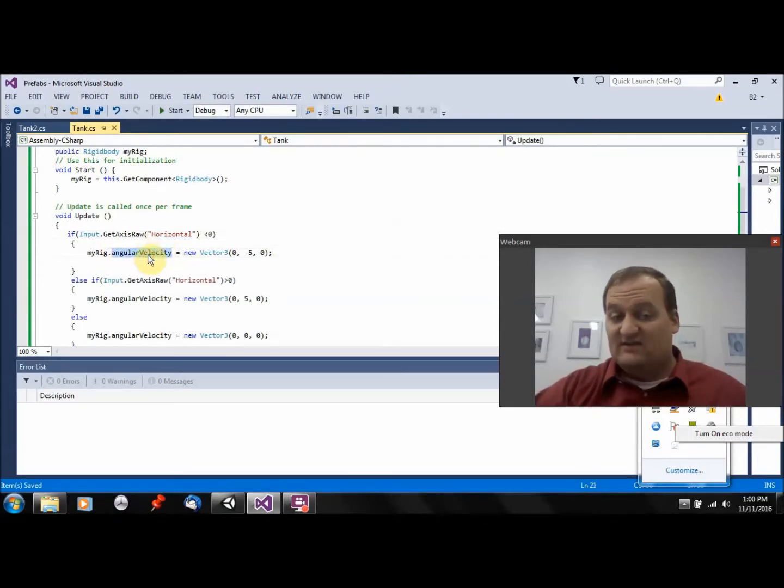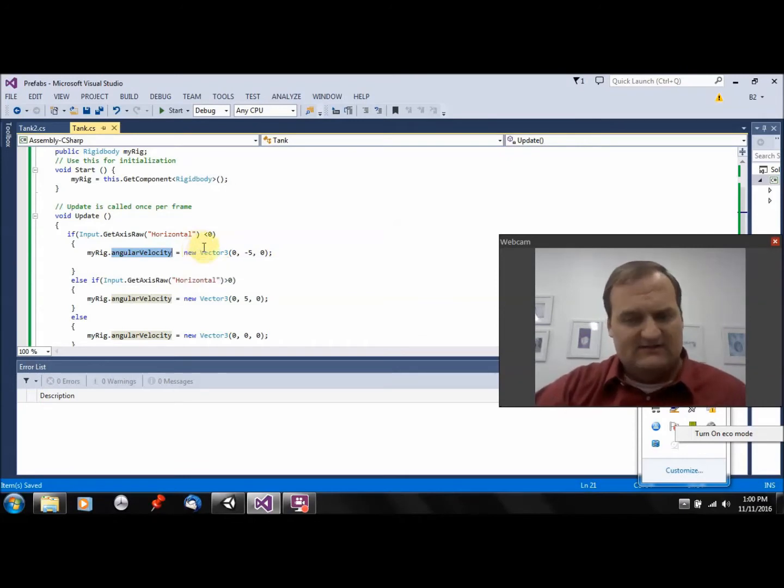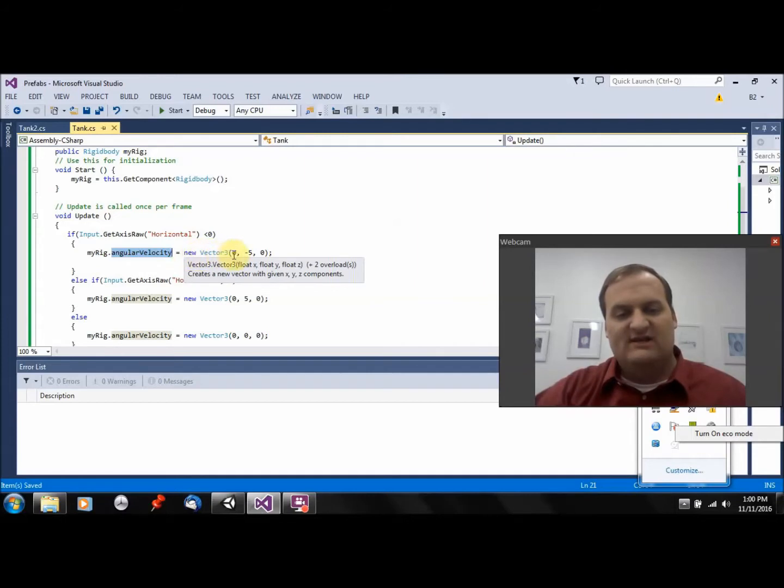We haven't used angular velocity before. And this is a little bit different than Unity 4. Unity 4 used quaternions, which on a physics level is correct. On an ease of use level is not correct. So now we get Euler angles. So new vector 3. I'm going to say 0, -5, 0. So I'm going to rotate at -5,